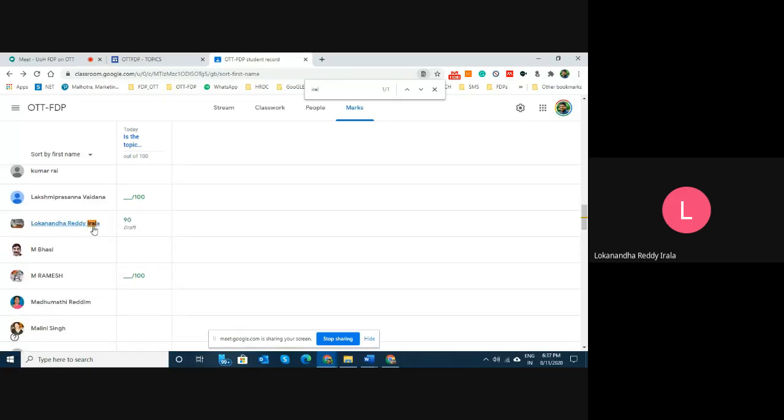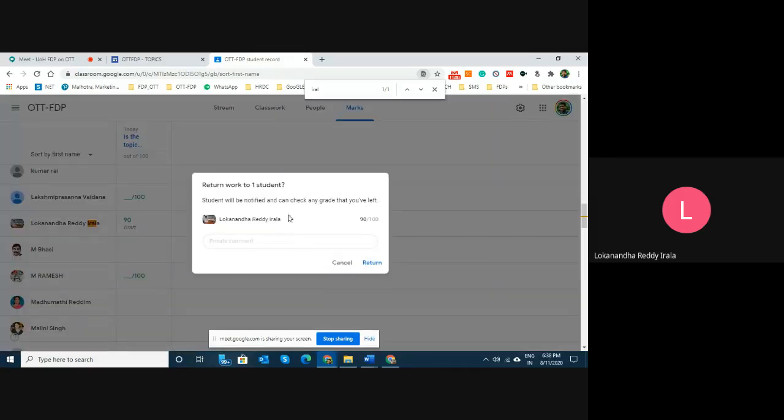Yeah, here, so we have allotted the marks. Then here you can return the marks. Return the marks means so far only this is in my record. That means I have allotted him 90 marks, it is fine. So if I say return the marks, then what happens? This fellow will get an email message that he got 90 out of his 100 marks for that question. And here I can also give some comments, some feedback.